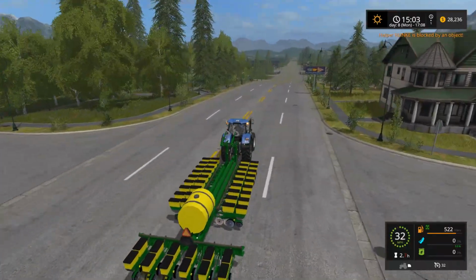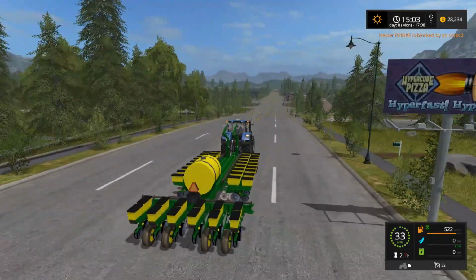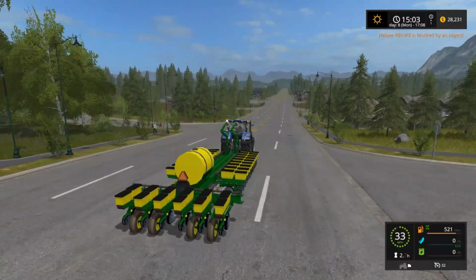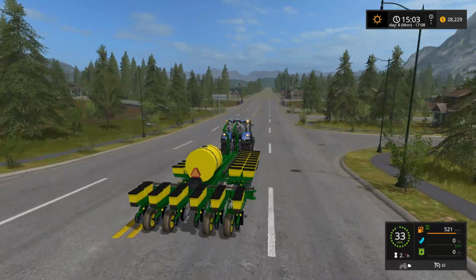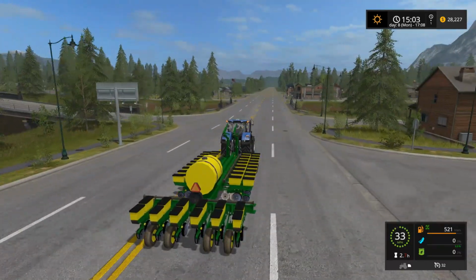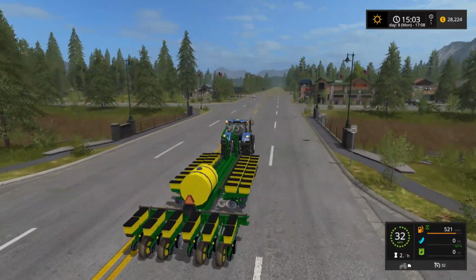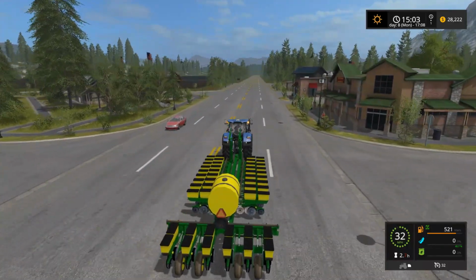And hopefully this planter will work. I have read there are a few issues with it. To my understanding, this planter can hold 3 different fill types. The 3 different fill types it can hold are dry fertilizer, liquid fertilizer, and seed. And from the sounds of it, my understanding, folks, from what I've been told, you can actually put dry fertilizer